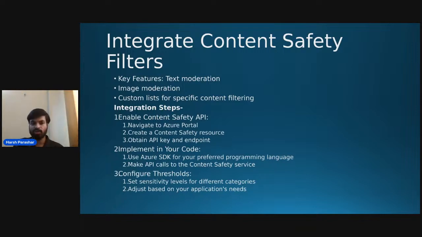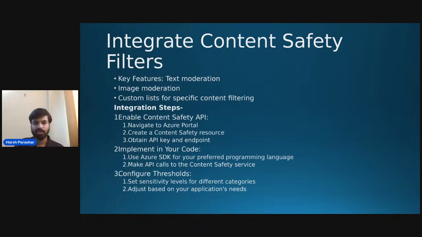Making API calls to the content safety service: the API call features are given on the Azure website, with all the protocols and guidelines explained in detail there. You can go to the Azure AI website, which clearly explains API calls. We will not be discussing API calls in detail here, since this is a general introduction and that is advanced lecture content. Later on, you can connect with me and we can get a hold of API calls and the SDK toolkit for Azure as well.